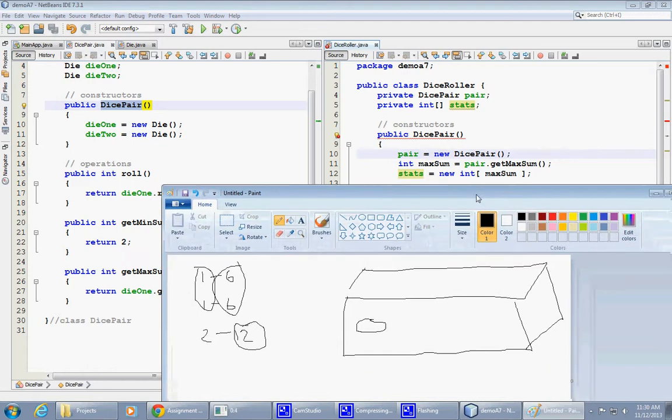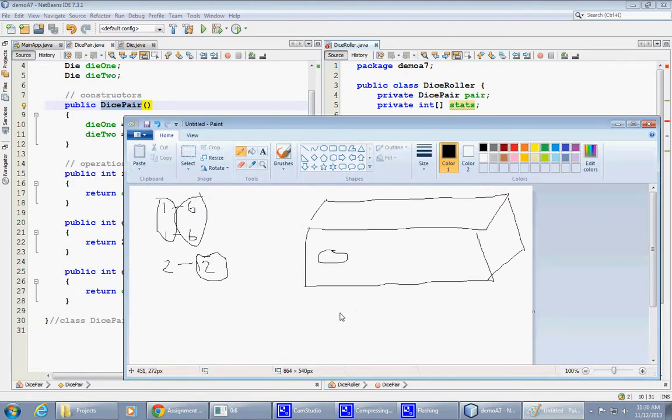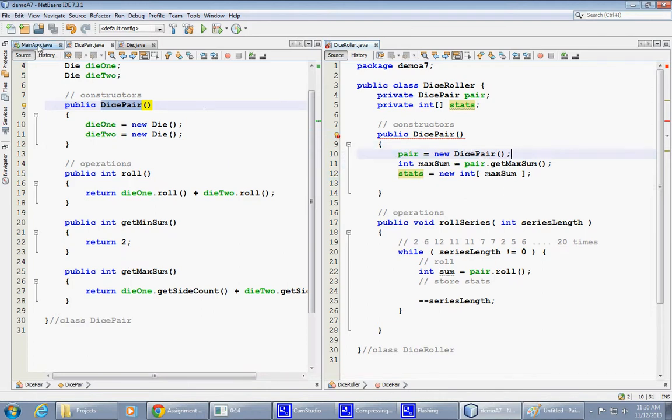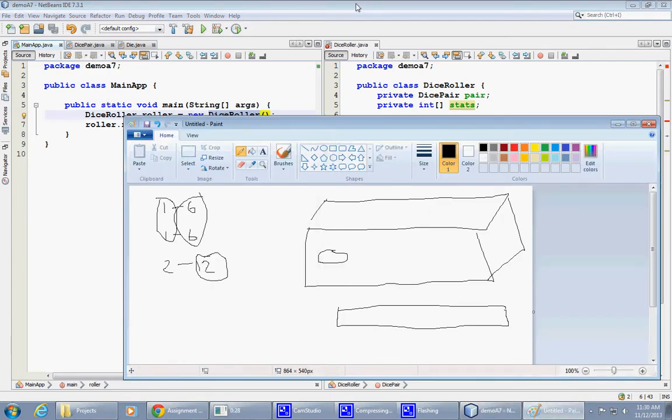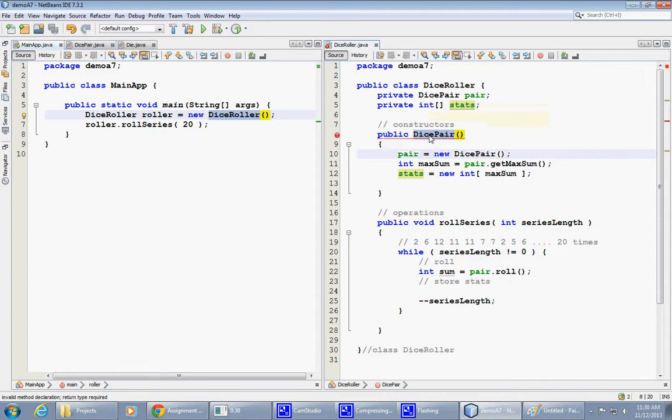So what I'm doing here is creating an array of integers from my constructor, right? Because what happens is that the main method of my application simply says, let us create this dice roller, right? So we create it, and I get this box. So the constructor of this box executes, and in its constructor, I'm saying,